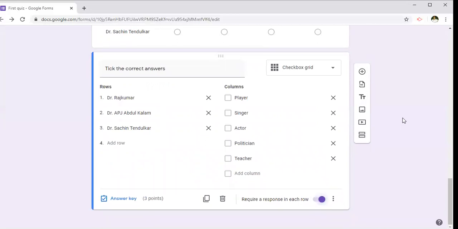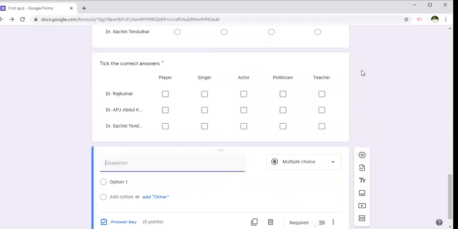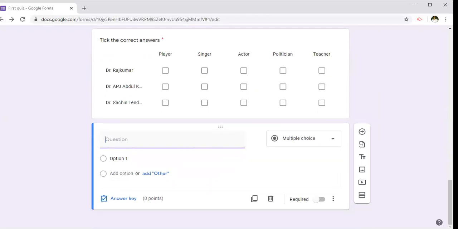We'll go for one more question here. You can add it. So there is a sign here. You can see it clearly. This is inserting the image. So in each question, we can get this image mark. So we can add images in this option. So I'll show you how to insert this.